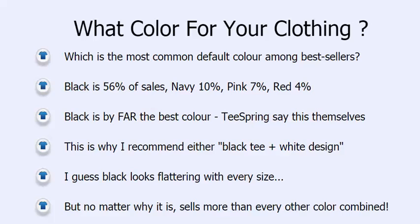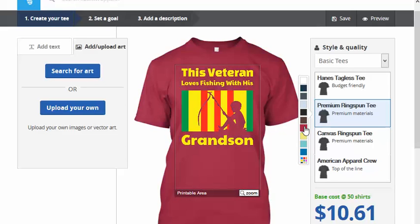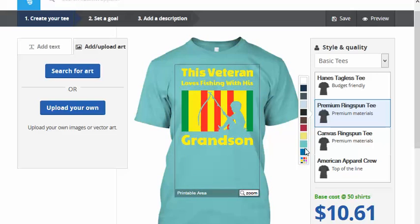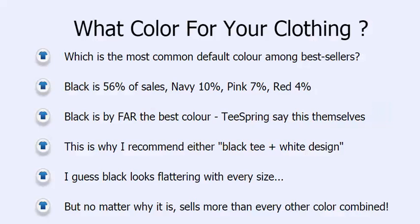So first things first, what colour do we choose for our clothing? In other words, what's the common default colour amongst bestsellers? And just to explain what I mean by this, I basically mean the colour of the default t-shirt. So when we first choose our colour on Teespring, do we go with red? Do we go with yellow? Which colour do we go for our first default colour, which is the one that people see? Well, statistically, we saw that black was responsible for more than 56% of the bestseller sales, navy 10%, pink 7%,